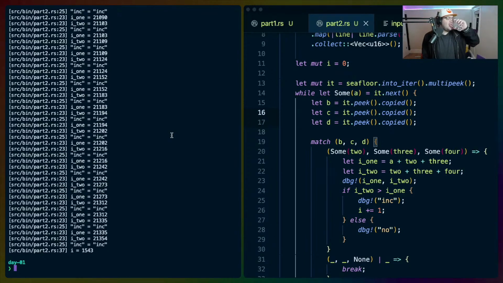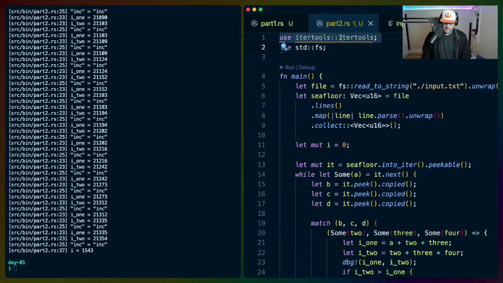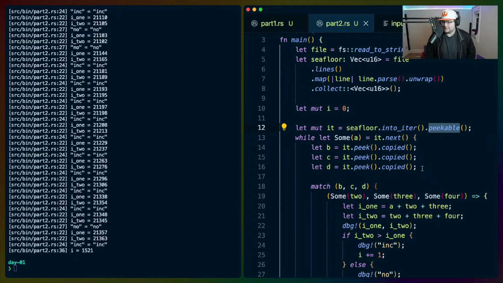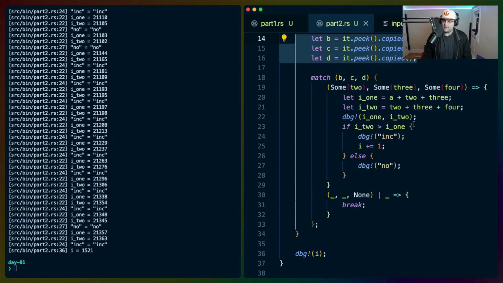Oh my. And I don't even know why multi-peek exists in itertools, because we don't need it. Peekable lets you peek multiple times. I don't know why multi-peek exists. Maybe it does something else.